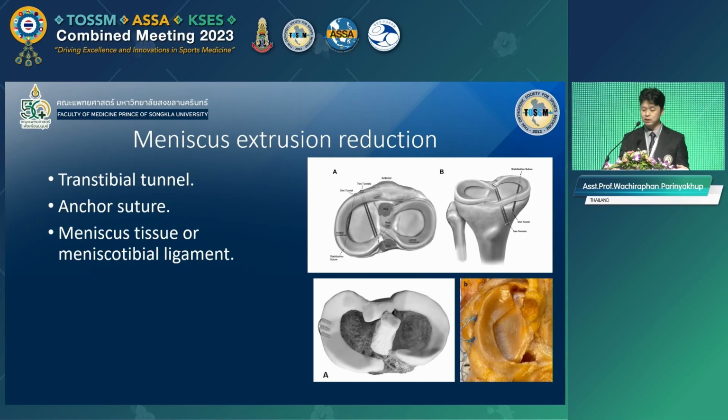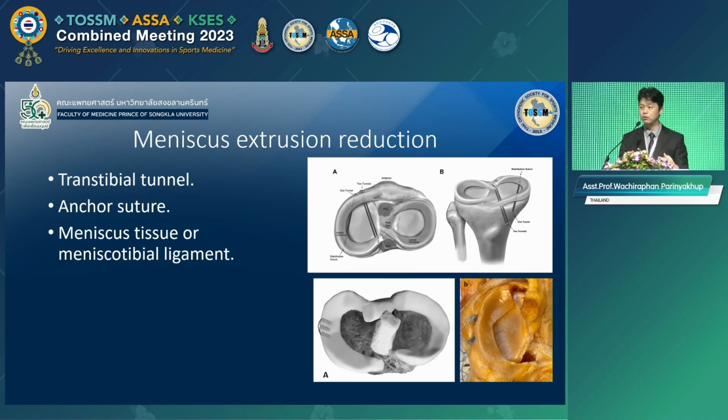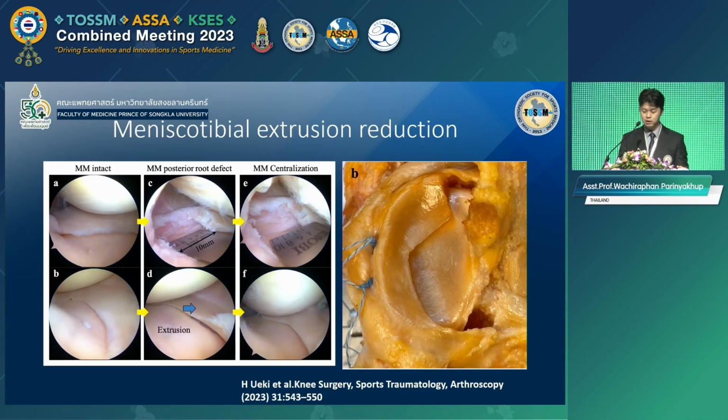There are many techniques and instrumentation for this procedure, like a tibial tunnel, or using an anchor suture for fixation or stabilization of the meniscal tissue or meniscotibial ligament. But we cannot conclude which technique is the best for centralization of the meniscus. An example of the result of the centralization technique by Wachiraphan and colleagues: they cut the meniscus root and